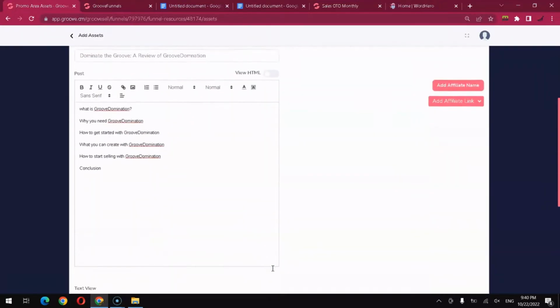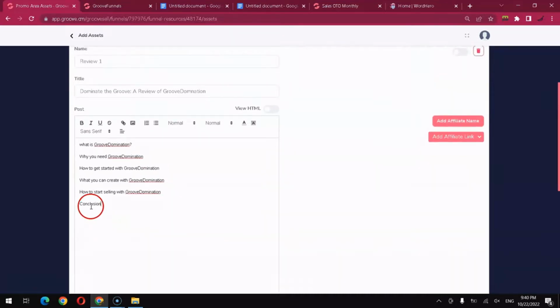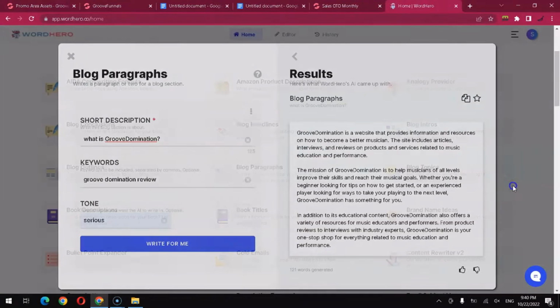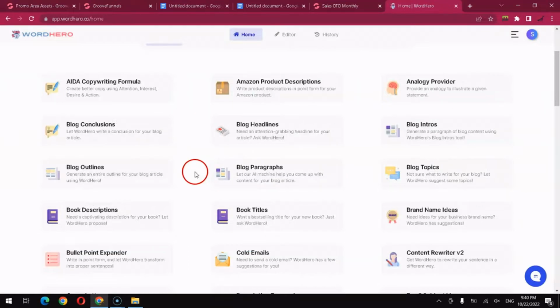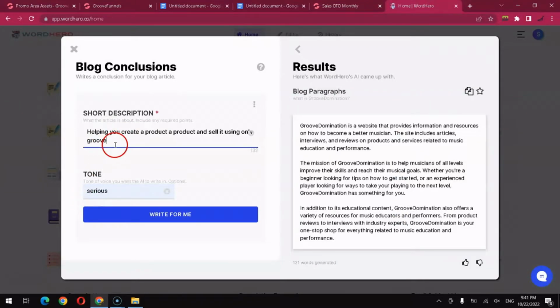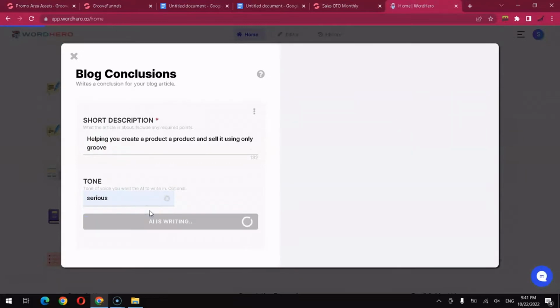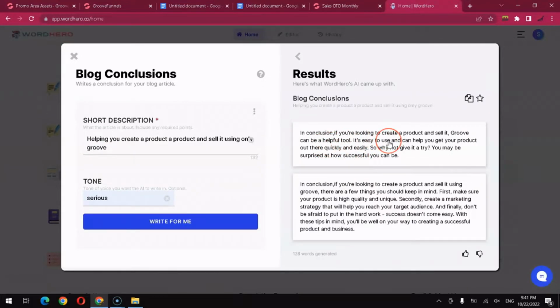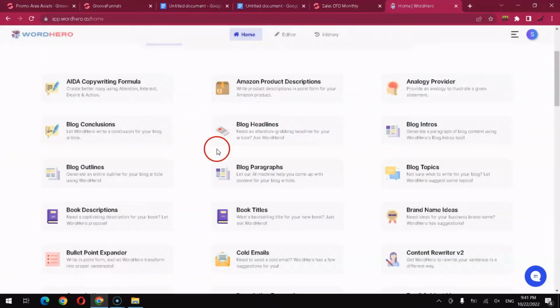What else? There is another thing in the app, which is blog conclusion. So for example, I want to add this description and write for me. And in conclusion, if you are looking to create a product and sell it, Groove can be a helpful tool. It's easy to use and so on. You can use the same paragraph and edit it a little bit to match your own branding, but I think